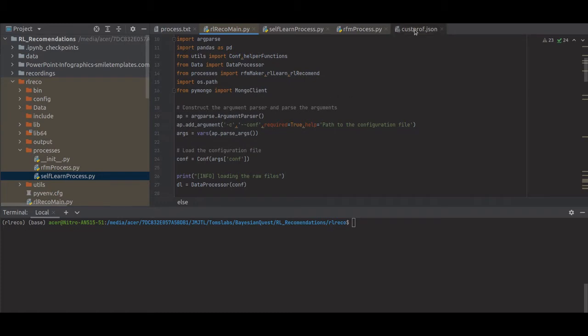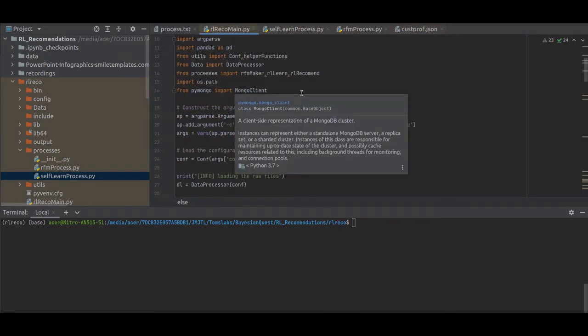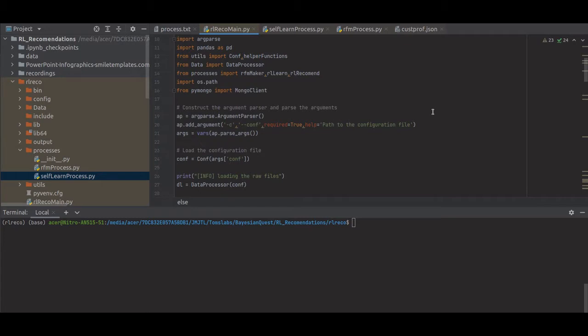But we have seen that any changes to the configuration file have an effect on the main program also. Then the next step is to load the configuration file, and we have seen the conf class in post 6, which reads this JSON file and then loads all these variables into memory. So that's what this does.